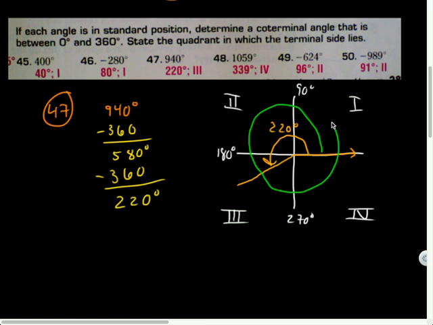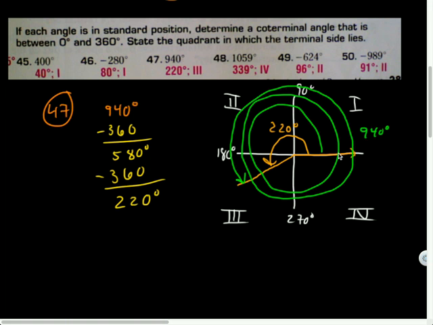Twice before it stops there. So here's 940 degrees. It went around, it passed this part twice, and then it went to 220. So there's 940. And then if I wanted another one,